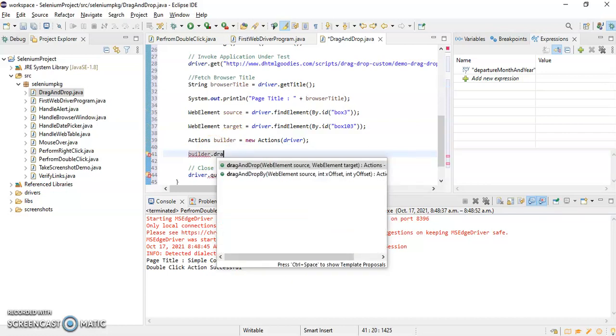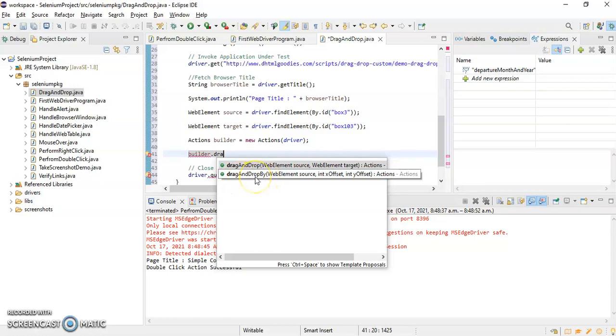If you see, we have source and target, right? So I'll go for the first one. Sorry, this is not a method overloading concept, because the two methods are different. The first one is dragAndDrop and the second one is dragAndDropBy.